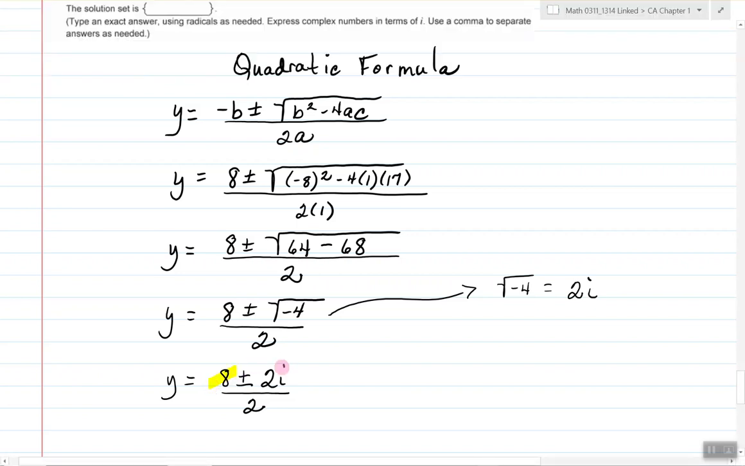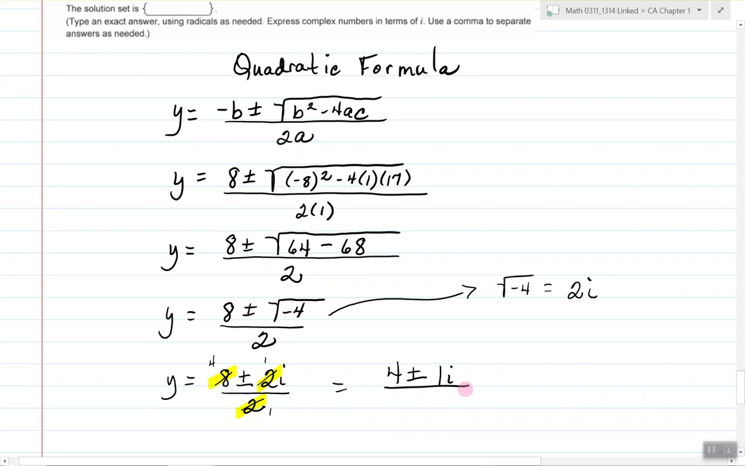You see that this rational, this one, and this one all contain a common factor of 2. So I can reduce. 2 goes into 8 4 times. 2 goes into 2 once. 2 goes into 2 once. And I get 4 plus or minus